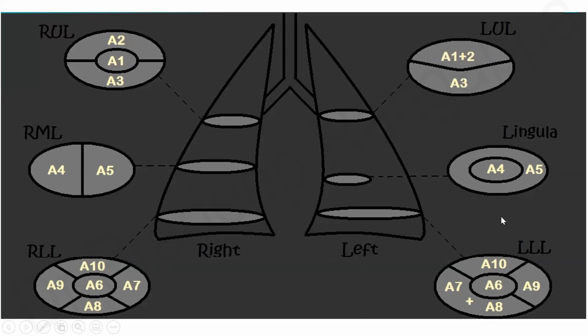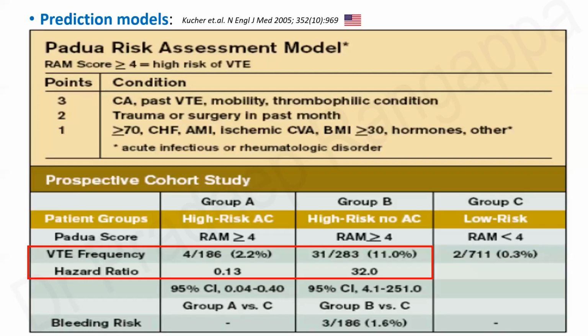So this is just for your understanding as to how the radiologists look at the segmental presence of filling defect in the CTPA based on upper lobe, middle lobe. So A1 to A10 is what is denoted as to where the possible filling defects would be occurring. Then you have a lot of these prediction models. I wouldn't expect any of our trainees to remember all these prediction models. These are all present on the app. You just have to put in the risk factors, and the apps will show you what is the possible risk.